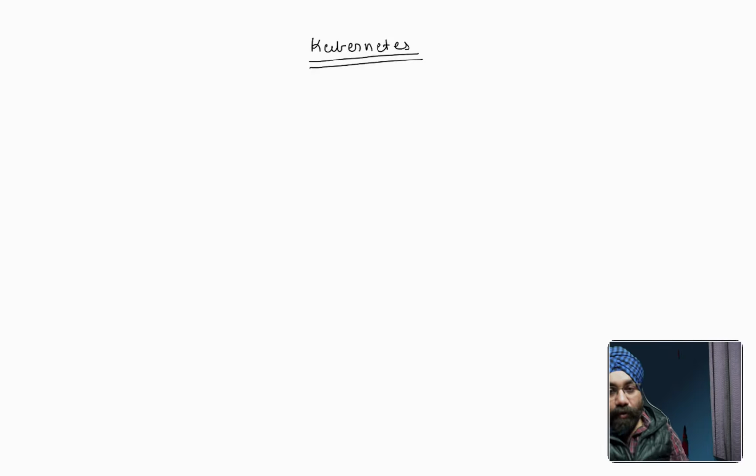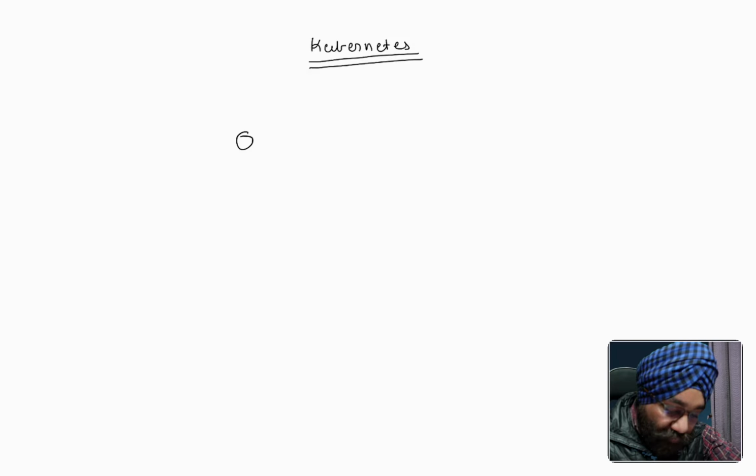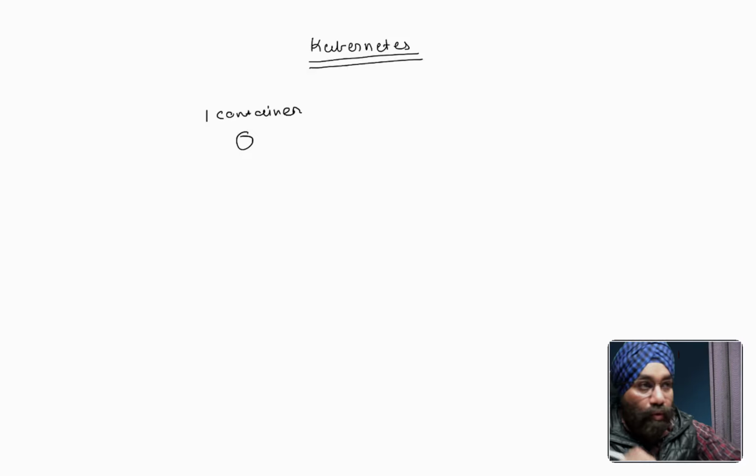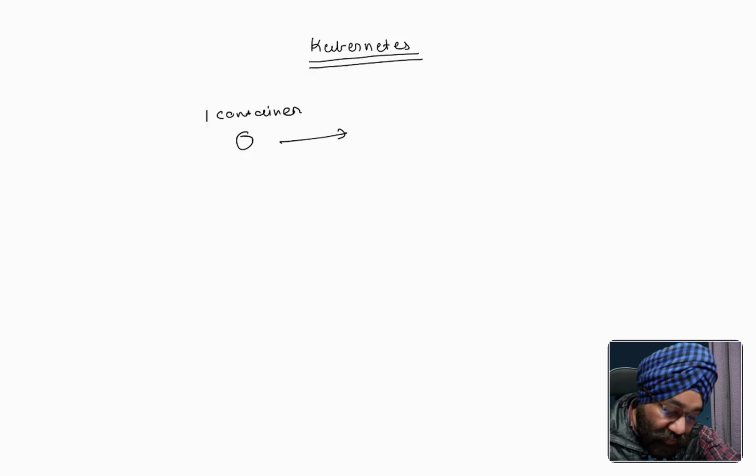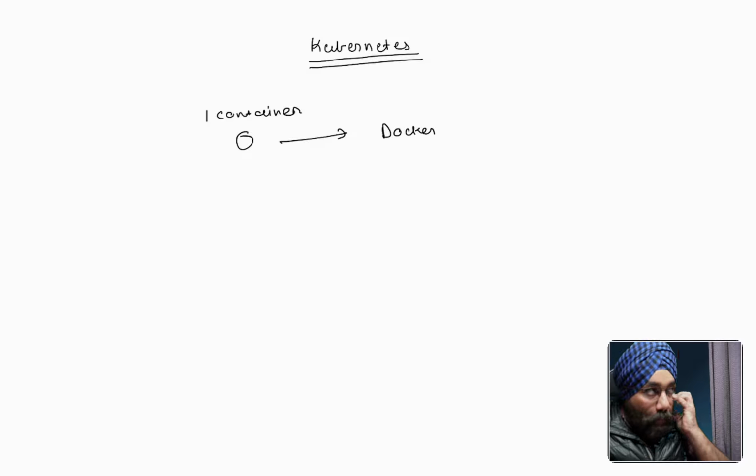So, friends, now in this series, in this chapter, we learn about Kubernetes. For being a complete and proficient Java developer, of course, core Java is necessary, Spring Boot is necessary, Spring Framework is necessary, Docker is necessary, but Kubernetes is also necessary. So, we will go about the basics of Kubernetes here. Suppose when you run one container, you're only running one container. In that case, Docker is enough